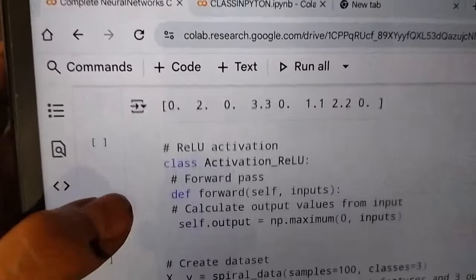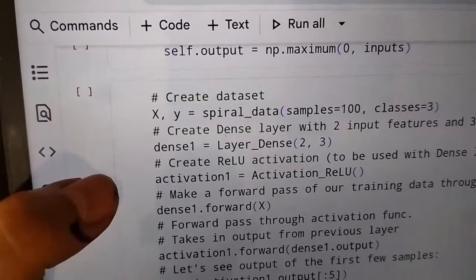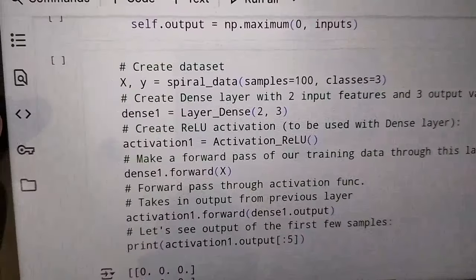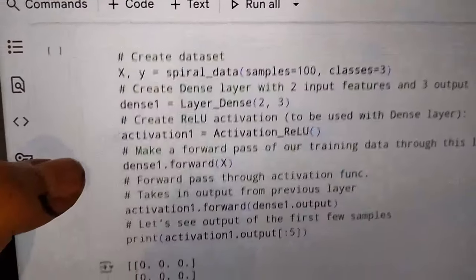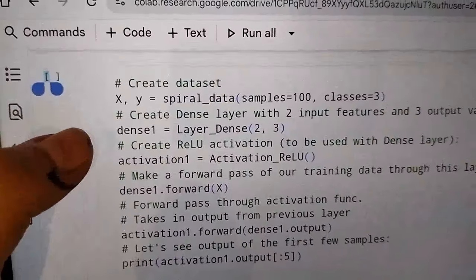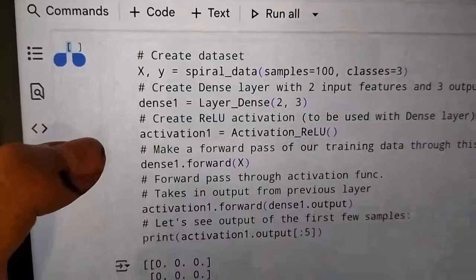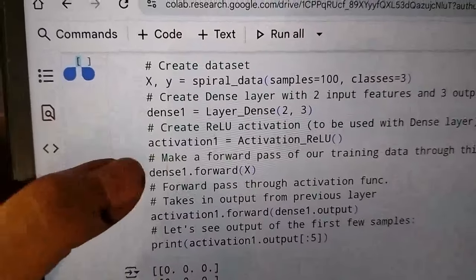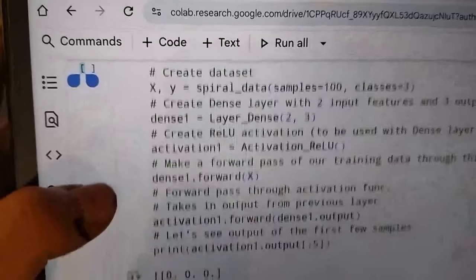Now the third one: if you want to create a dataset with the help of spiral, we already explained it. Spiral takes the total number of samples equal to 100 and classes equal to 3. Then dense one, layer dense, with 2 inputs and 3 neurons. Then I am using the activation function on this output. Then with dense I am using forward with x and weights.